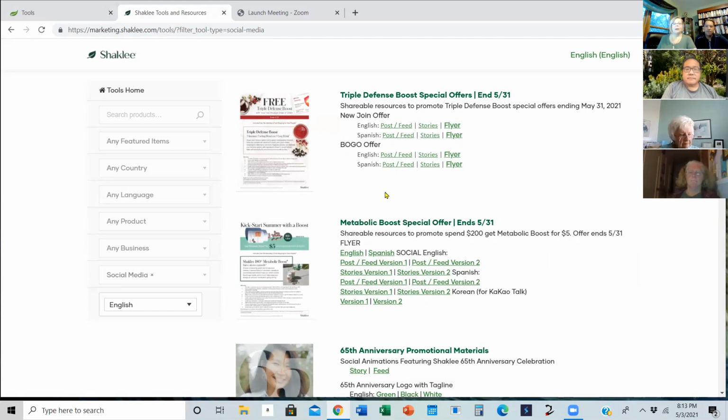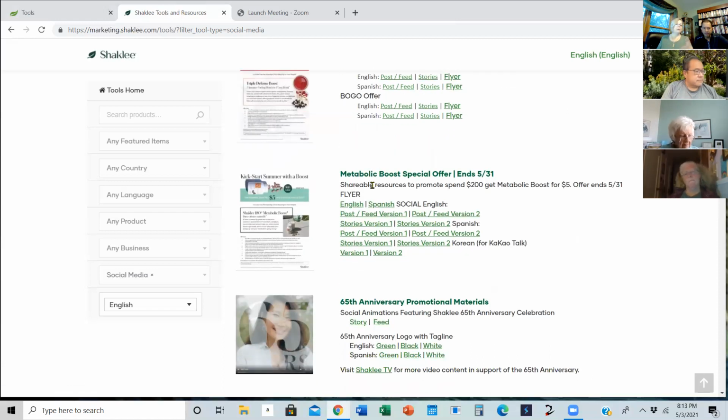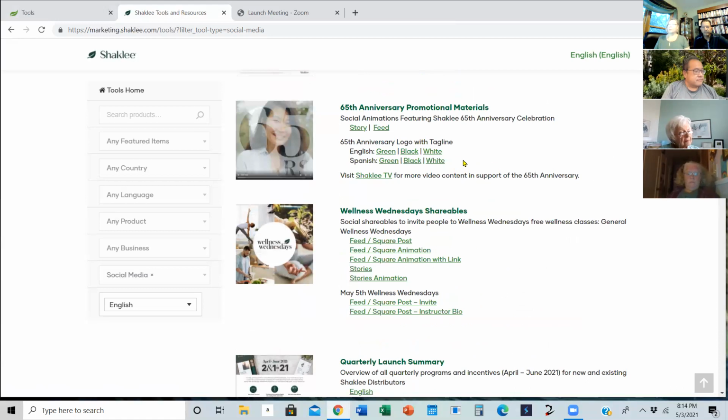So she got maybe $150, $180 worth of stuff by spending $200. She got some really good deals. Here's the Metabolic Boost special. If you haven't seen it, if you spend $200, you can buy one for $5. So, cool.